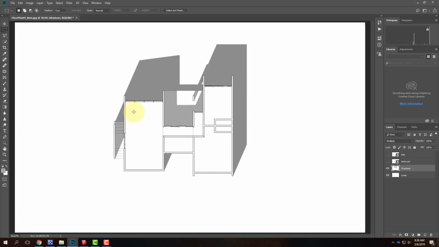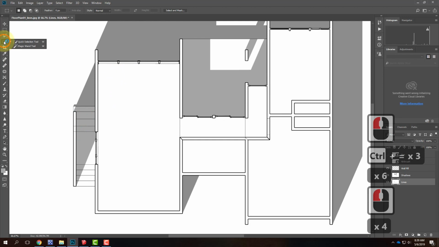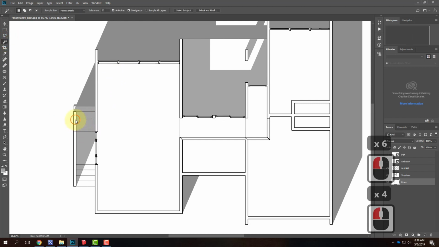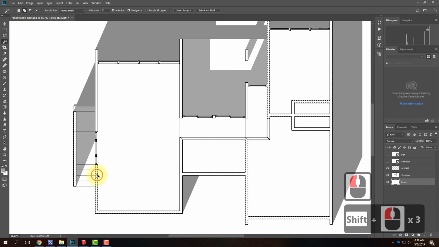Next thing is to think about maybe I want to fill in where the walls are to make them stand out a little bit more. And I can do that using a brand new layer. So I'll create a new layer, and I'll call this layer Wall Fill. And I'm going to work on the lines layer because that will allow me to use the magic wand to select each of the walls. I'll use the magic wand tool. I'll click inside each of the walls. There's 1, 2,